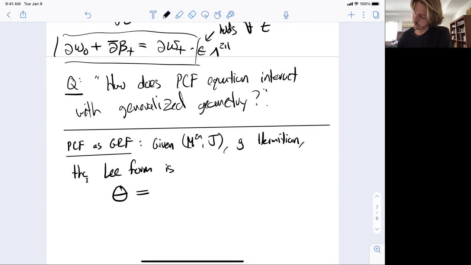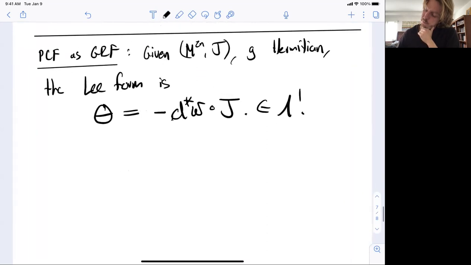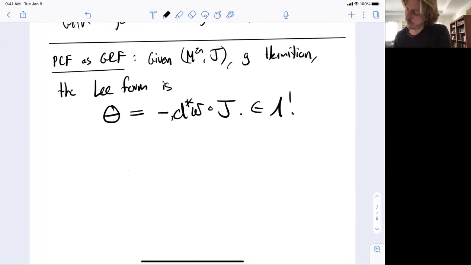This is minus d star omega composed with J. Okay, so different conventions, I'm sure, exist. But for us, this is the Lie form, which is a one form measuring the non-Kählerness, if you like. And then we have the following